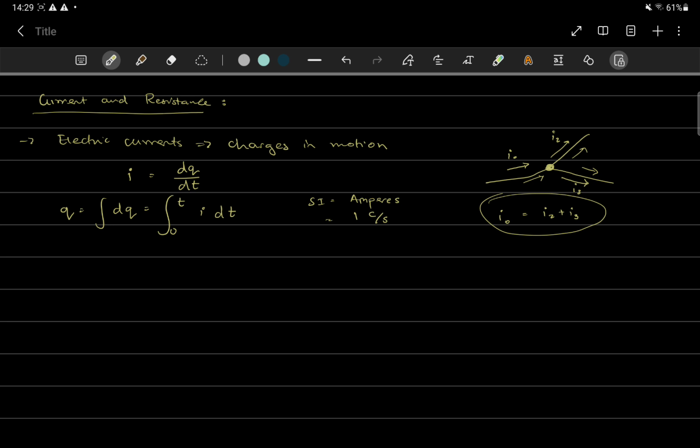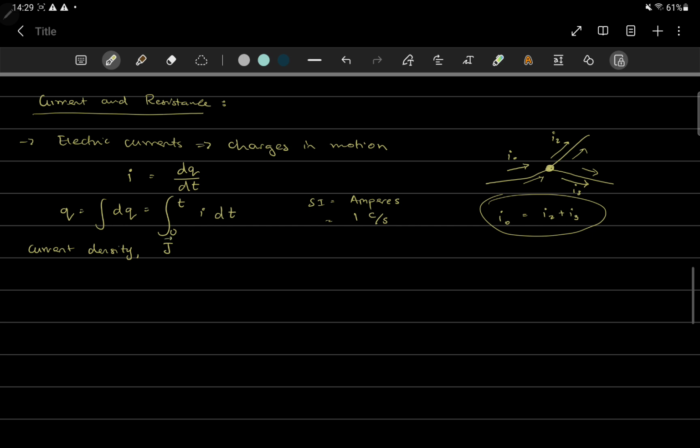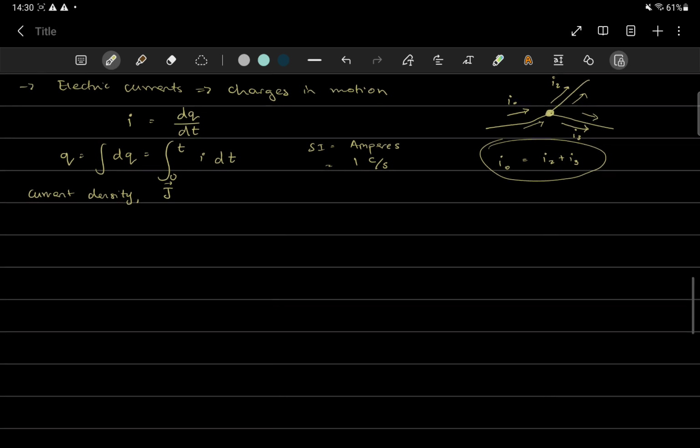Now, furthermore, we can define something called a current density, which we denote as J, and the reasoning of a current density is essentially how much current is flowing, or basically the flow of current. That is what this current density basically defines, and it has the same direction as the velocity of the moving charges, and therefore there is an arrow over the current density. Okay, and we can define this using the current definition as being the integral of J dot dA, where J over here is essentially your current density,